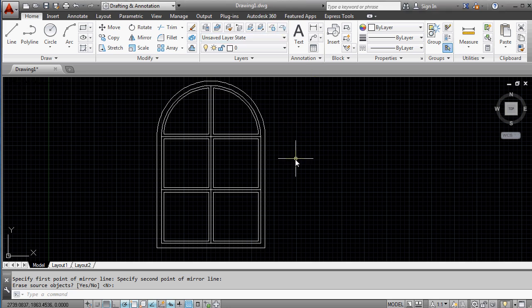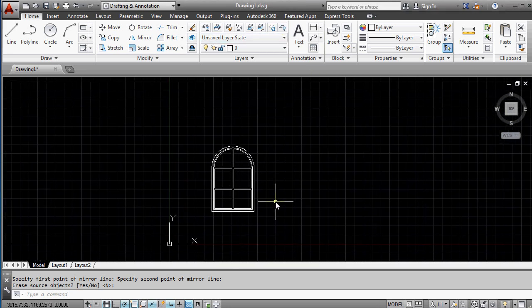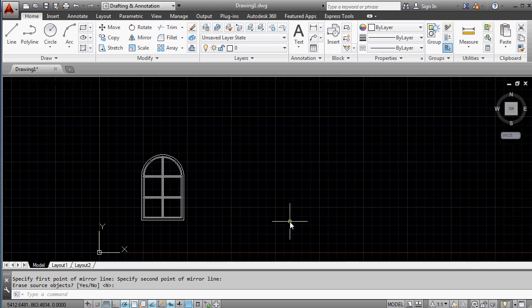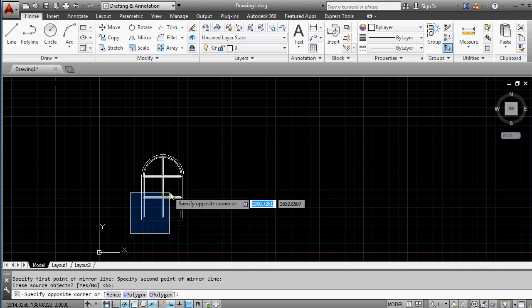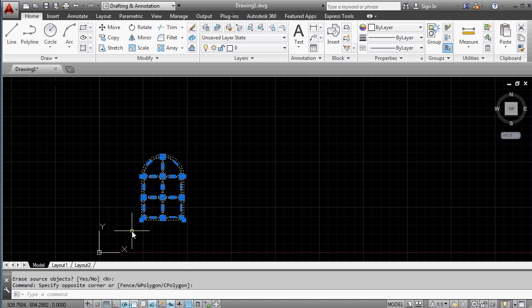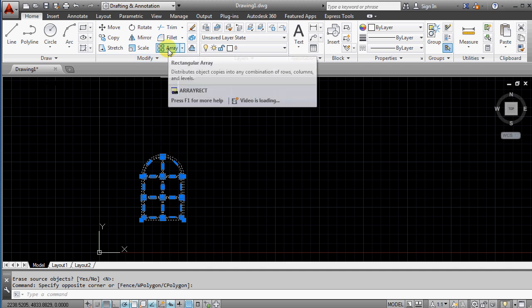And now I continue. I want to have several copies of that window. First I select everything in this area. There's no command going on, so if I click here I will get a selection box, and I click here, so I was able to select everything in this area. Then I activate a modification tool called array,